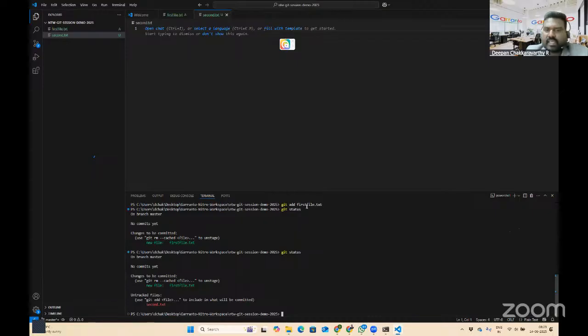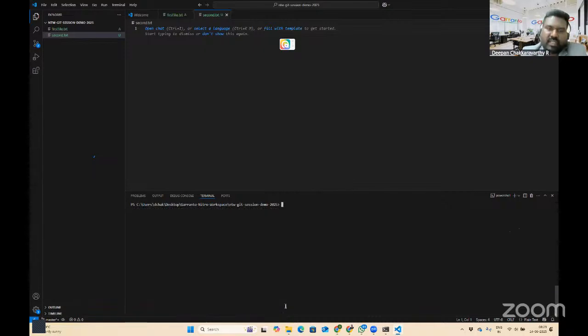So just like I told Git to track the first file, I need to tell it that you also need to track the changes that are happening in the file second.txt, right? So how do I track all the files? Instead of mentioning these files individually, I'll simply stage all the files. I'll say git add followed by a period symbol, which tells Git to track changes in all the files and folders, right? All right, now I'm getting first file, second file.